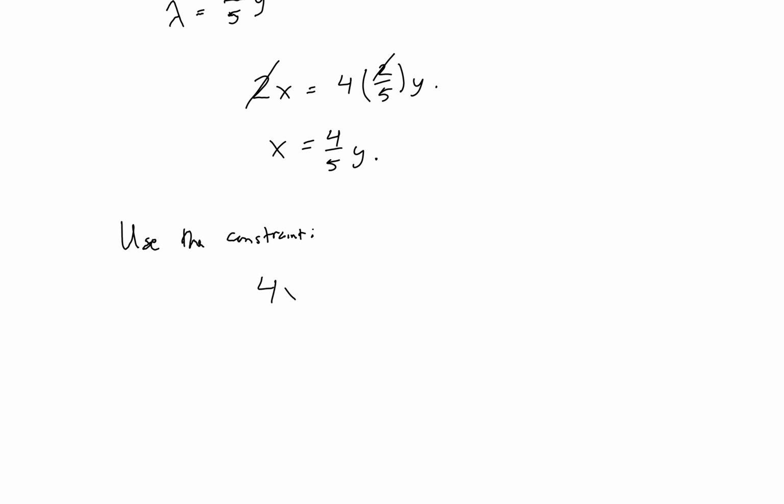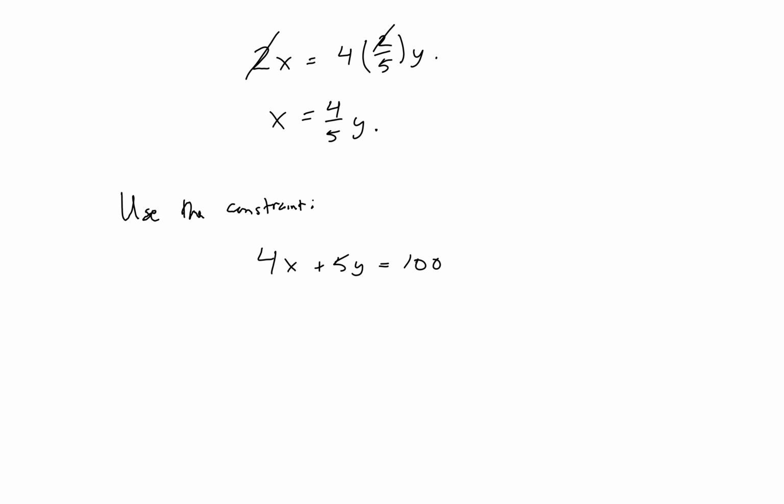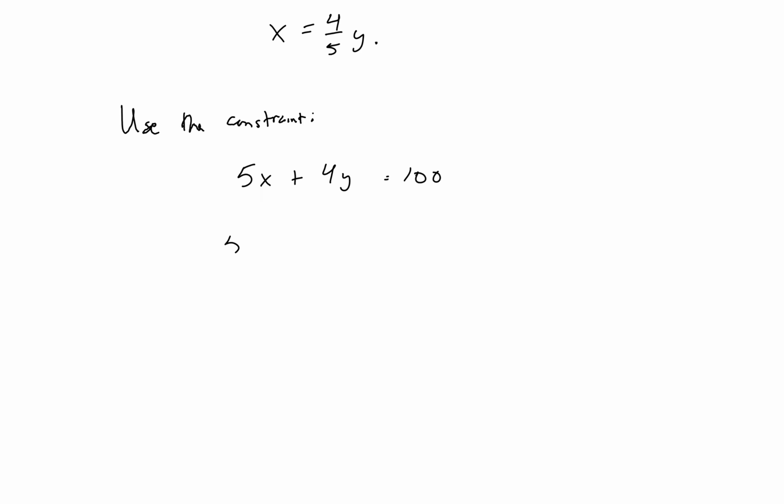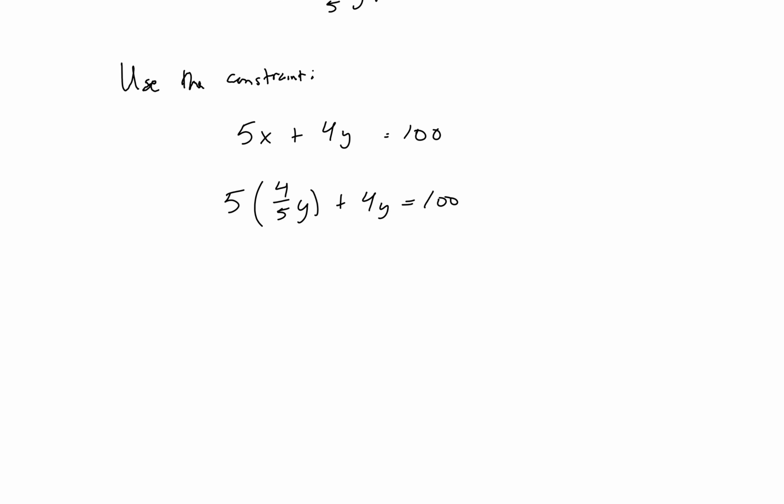So remember, I have 4x plus 5y equals 100. But now I have this condition for x here. So I can say, it's 5x plus 4y equals 100. That's what I wrote down above, isn't it? Yes. So then I can say 5 and replace the x with the 4/5 y plus 4y equals 100. So this gives me a 4y plus 4y, so I have 8y equals 100, or y is equal to 25